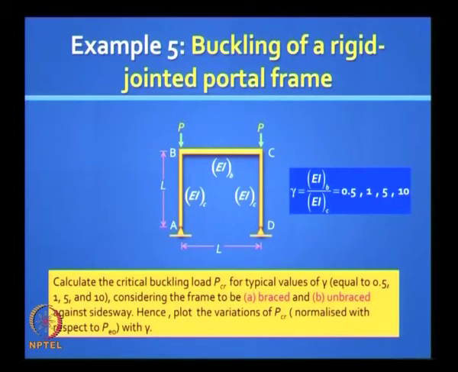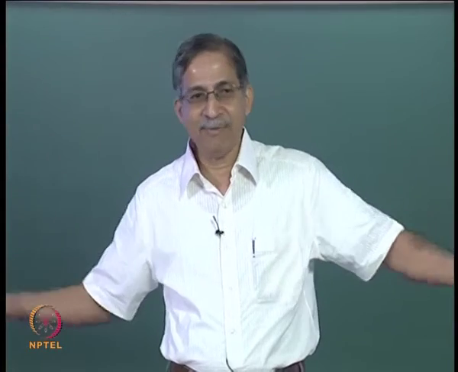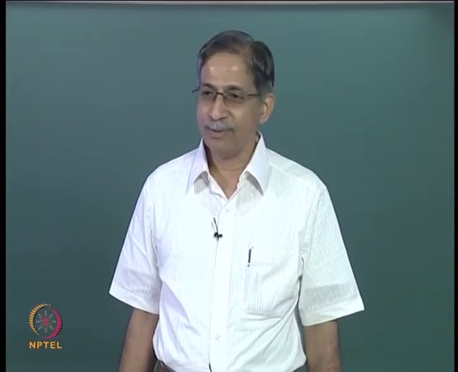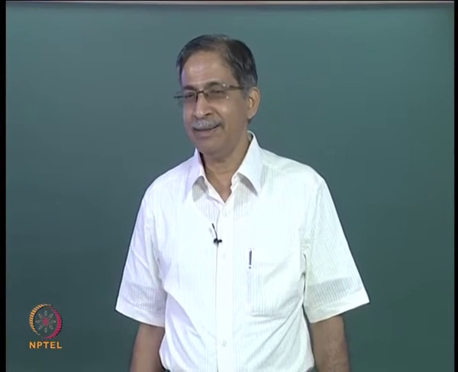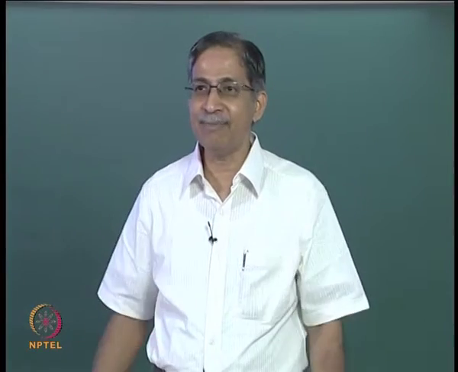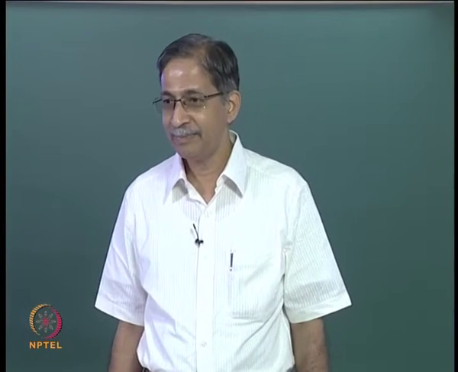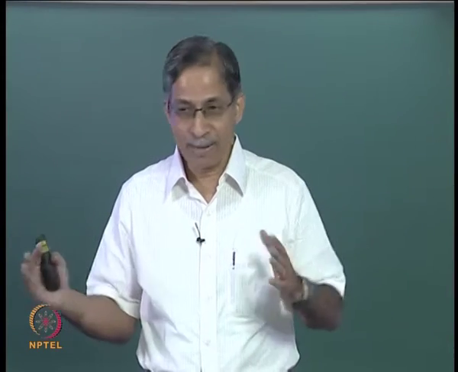Okay. Let us say EIB by EIC, gamma, is equal to 0. What does it mean? That means the beam is very, very flexible. Okay, so those two columns are going to be cantilevers, it's not going to be stable. It's like having hinges there at B and C, it's going to collapse, right. That's one extreme if it's unbraced.